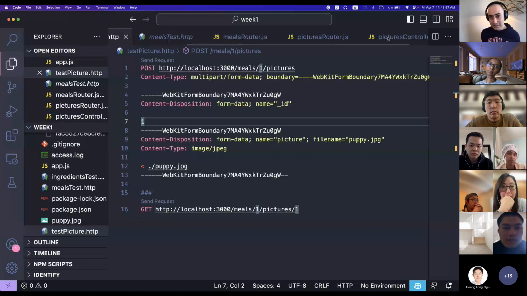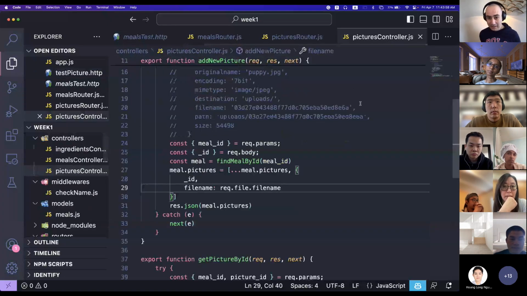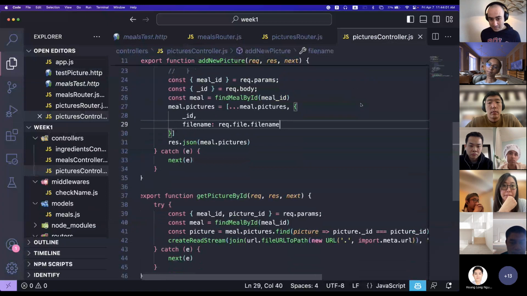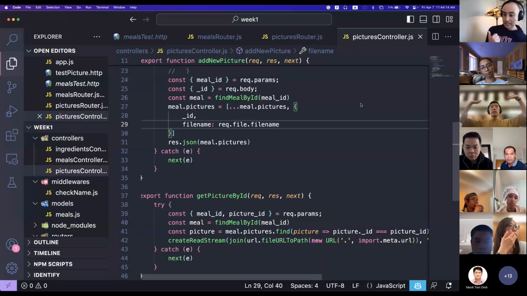Any other questions? Now that we completed these requirements, I highly encourage you guys to practice with the main skills. What are the main skills? REST design,